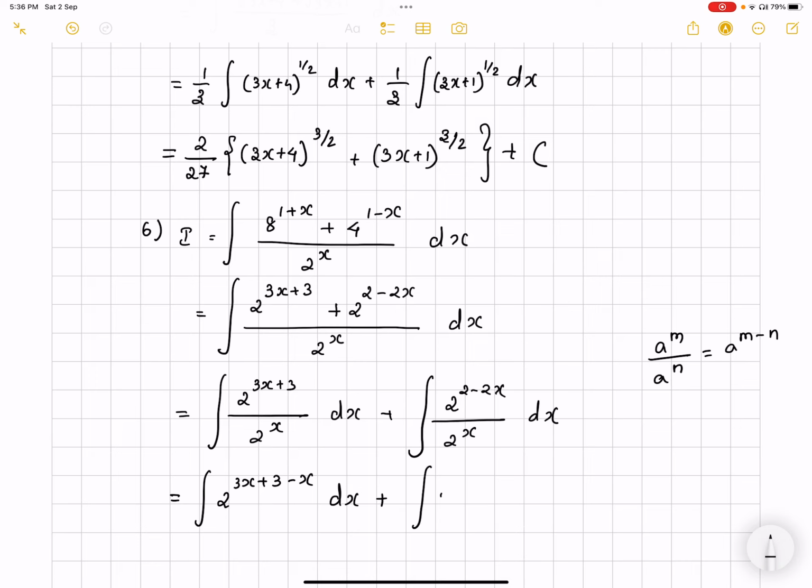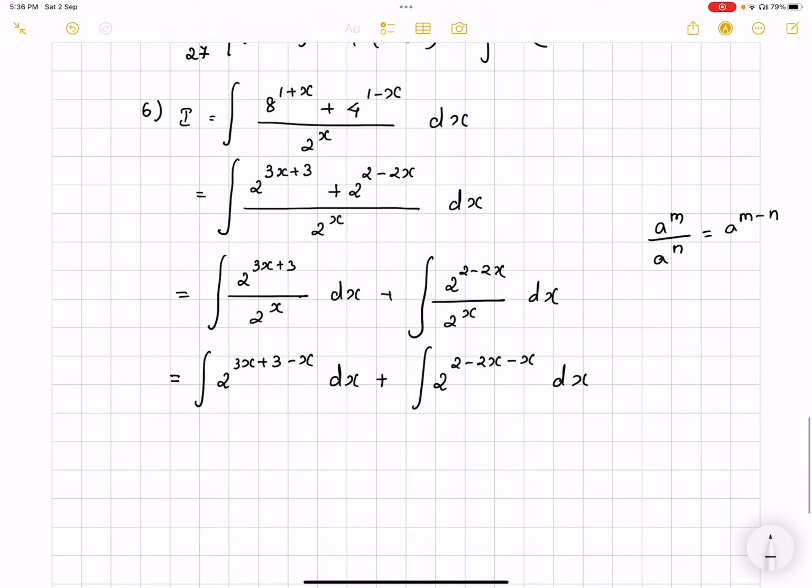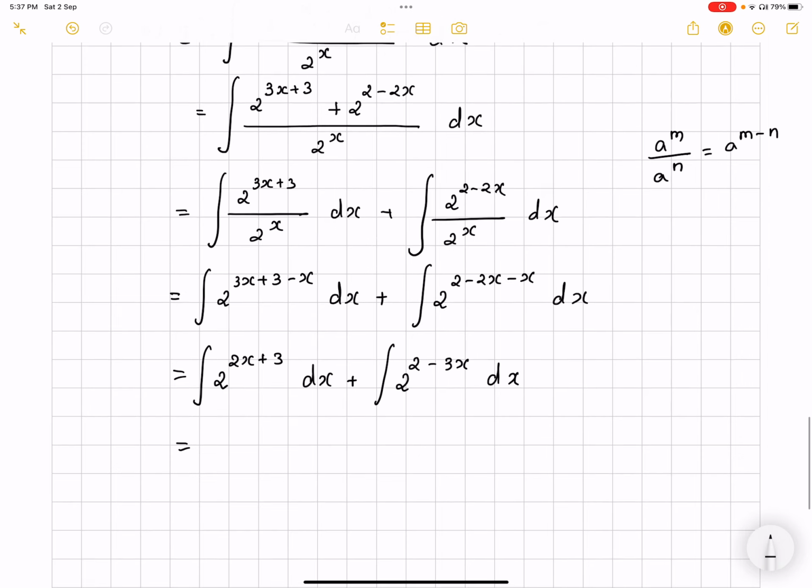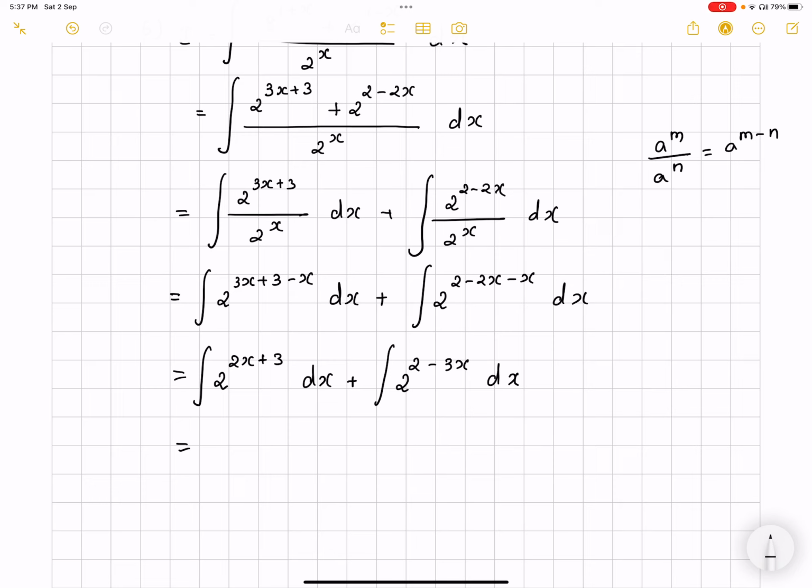So here in the same way, 2 to the power 2 minus 2x minus x dx. Now in that case, here I would be getting integral 2 to the power 2x plus 3 dx. And then here I would be getting integral 2 to the power 2 minus 3x dx. Now let's proceed with the integration directly. So what I would be getting here is